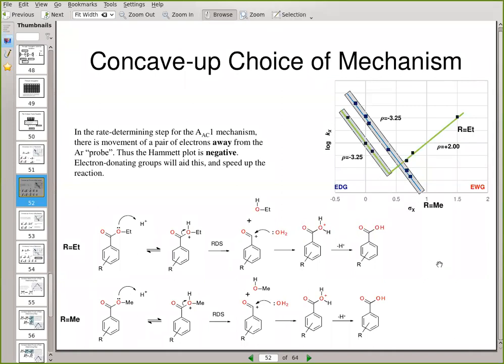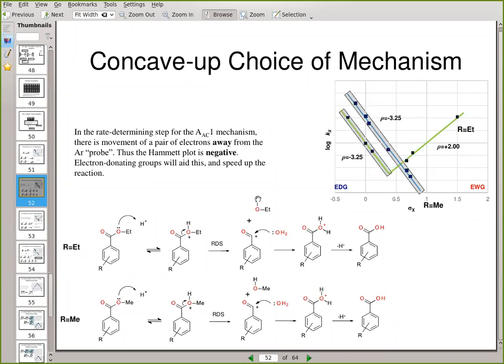Right. Good morning, everyone. Yesterday we had a look at a case where we had a choice of mechanism. There was a choice of an acyl cleavage or an alkyl cleavage. For the acyl cleavage, the rate determining step was movement of electrons away from the aromatic system, away from the probe. And so we ended up with a graph of negative slope. It doesn't matter if a group is ethyl or methyl, this movement of electrons away from the probe can happen. So for both methyl and ethyl esters of these substituted benzoates, you get a negative slope